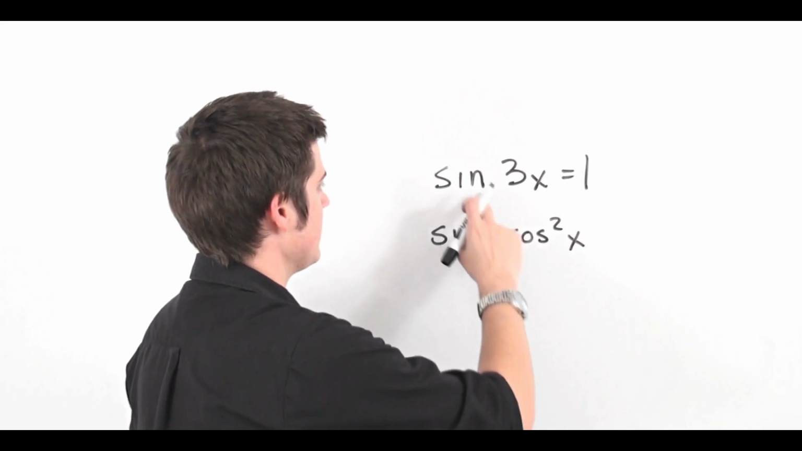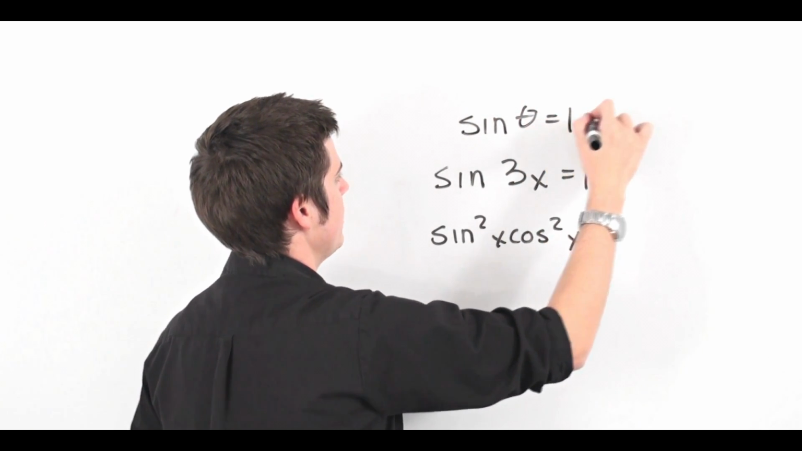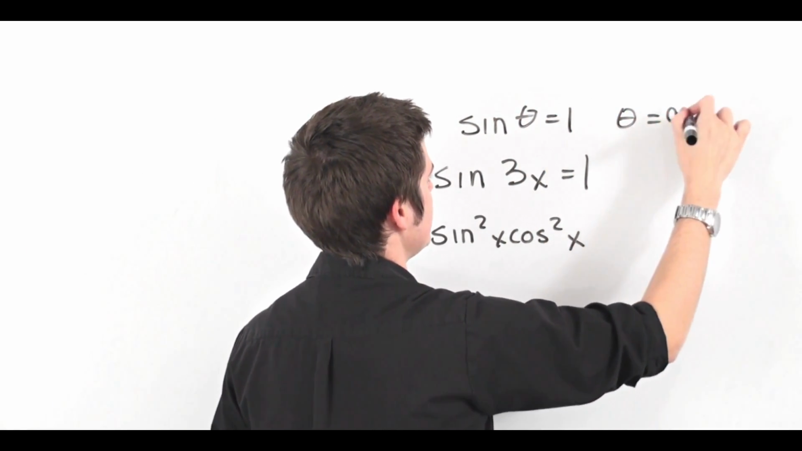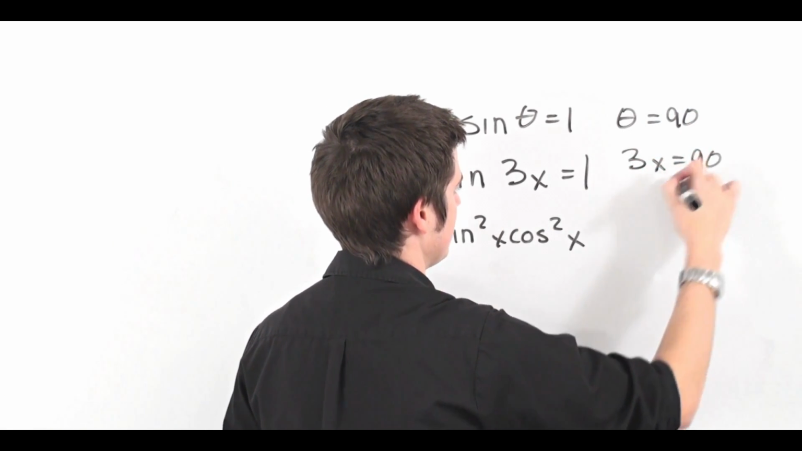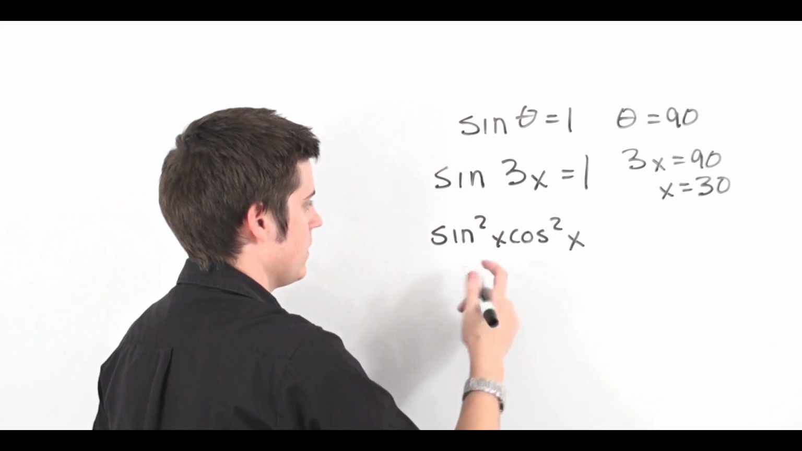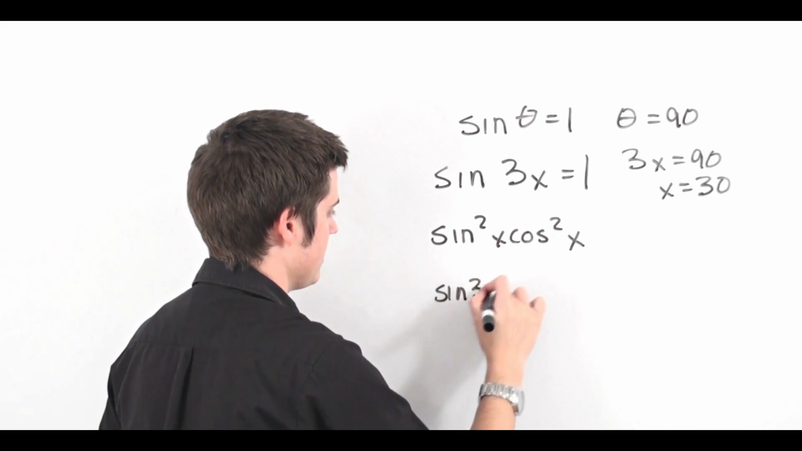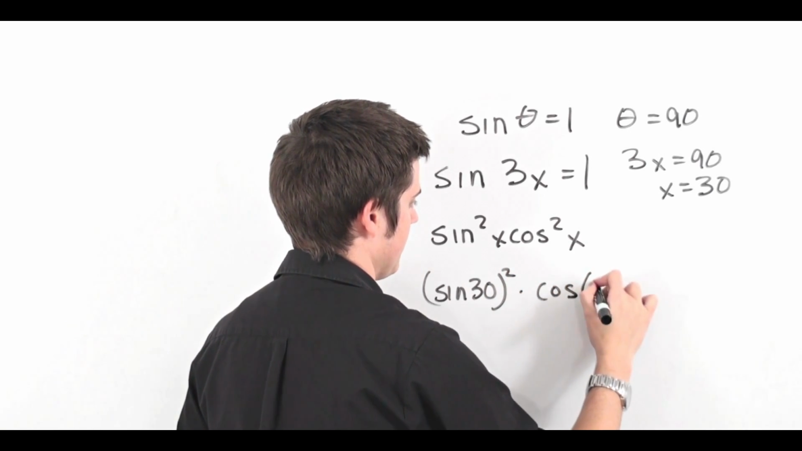Now we can do that. We know that sine at some angle is equal to 1, and we know that angle is going to be equivalent to 90. But I still have 3x, so 3x is equal to 90, which means x is going to be equal to 30. So if I plug that value in, we're going to get sine at 30 squared multiplied by cosine at 30